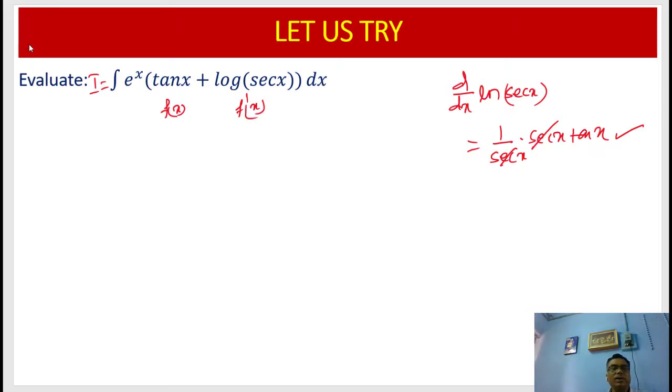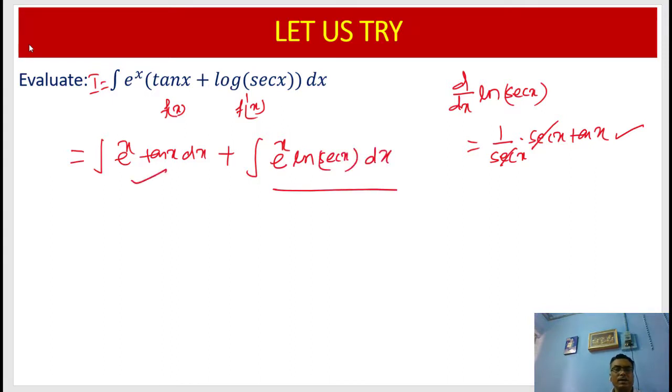So if it comes in the board exam, how to do it? Like this. It is e to the power x tan x dx plus integration e to the power x log sec x dx. Leave this integration, solve this integration. So first is tan x, integration of e to the power x is itself, minus whole integration, derivative of